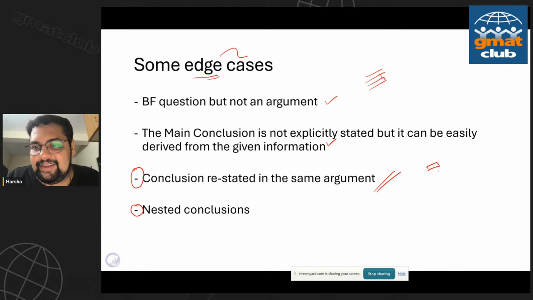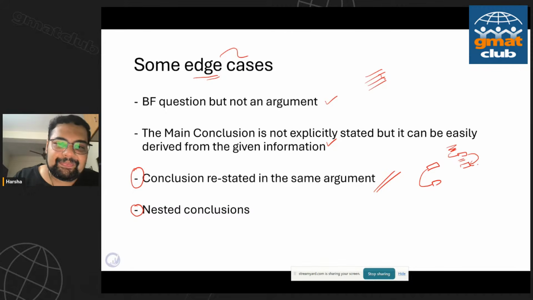In an argument, nobody is stopping me from expressing the conclusion again for emphasis. I could put my premises, arrive at a conclusion, then further justify it, and then restate the same idea again, just as a way to re-emphasize my final point. It feels redundant, but somebody could create an argument that way. So sometimes this can create an element of confusion if you're not ready for it.